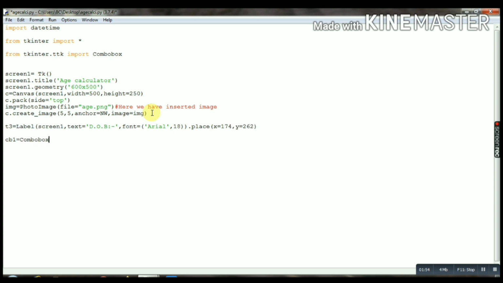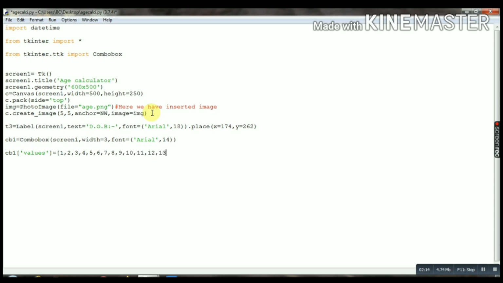Now we will create our first combo box, in which we will take input. We'll create it on screen1, width 3, font Arial and size 14. Values we will give 1, 2, 3, 4, 5, 6 up to 31, meaning the date.